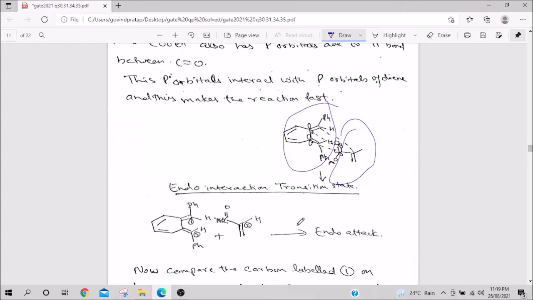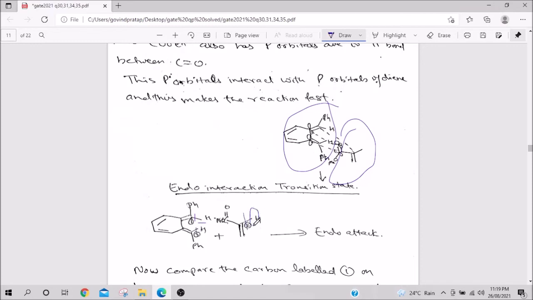What is going behind will be written away from the viewer. You can do it the other way around also, it does not matter, but basically whichever is coming front will be in the same plane, and whichever is going behind is in the same plane. So remember, this H is front, pH is behind, very clearly you can see. Here also H is front, pH is behind, here also H is front, COMe is behind.